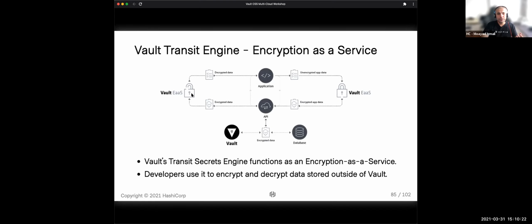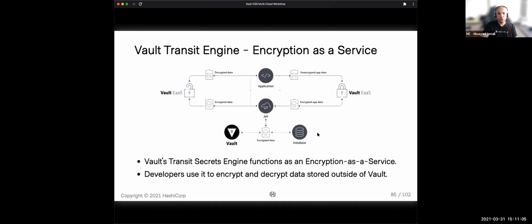Vault's encryption as a service hosts the encryption keys locally on Vault. They never leave the Vault. You provide a role for the application and the permissions for it to encrypt. So it will send the clear text to Vault, Vault will encrypt it and send back the encrypted text, and then the application can write it into the database, as an example. The reverse is also applicable. If the application needs to decrypt the data to present to an end user, the application retrieves the ciphertext from the database, sends it to Vault, Vault decrypts it and sends it back to the application, and then it is presented.